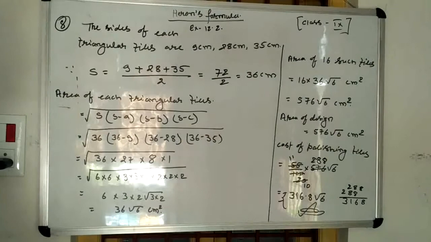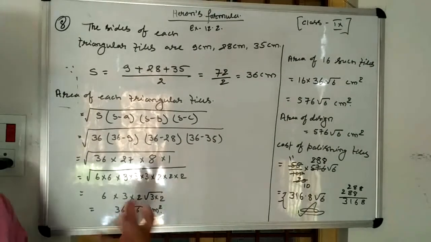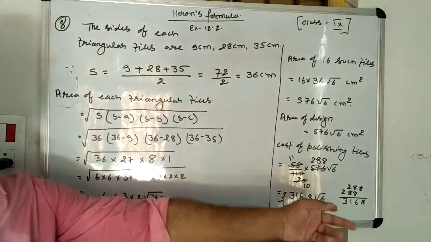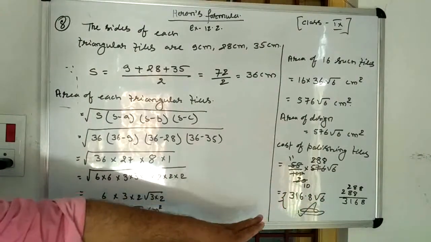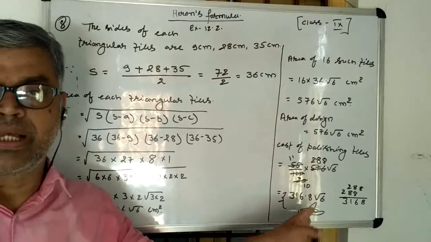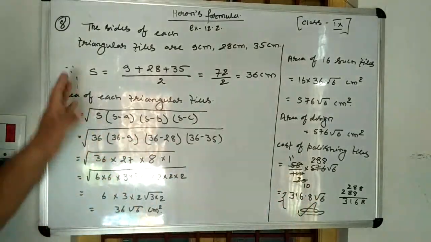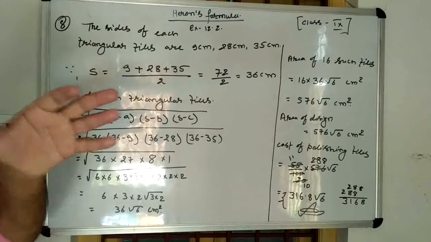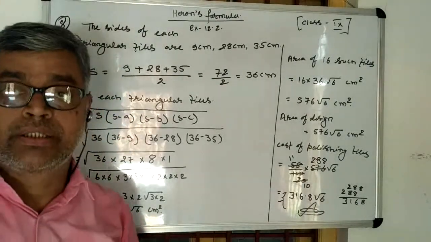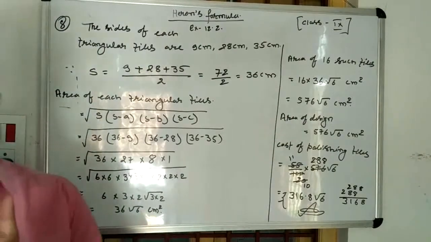So root 6 will be more than 2. Just find the square root of 6 and thereafter you will put it here and multiply, then you get your answer. So what we have done in this question, first we calculate the area of one triangular shape